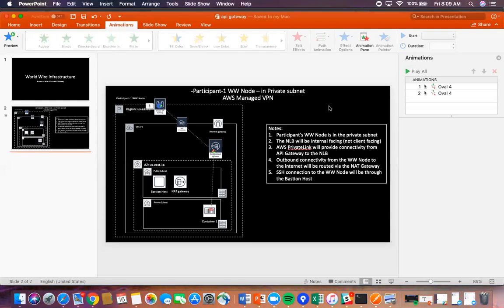Okay, so I wanted to set the stage on what I'll be showing today. This is mainly to demonstrate how we will use the API gateway to connect to our worldwide API. There are many ways in which you can use the Amazon API gateway to connect to APIs, and it depends on how the API is deployed. So this diagram you're familiar with, I'm just going to use this diagram to show what the different components are,